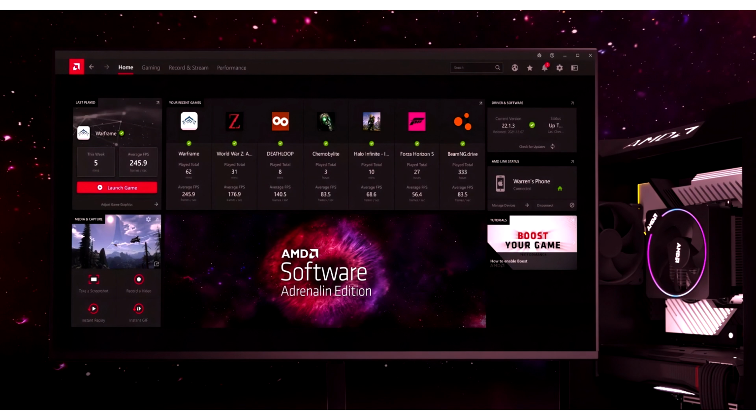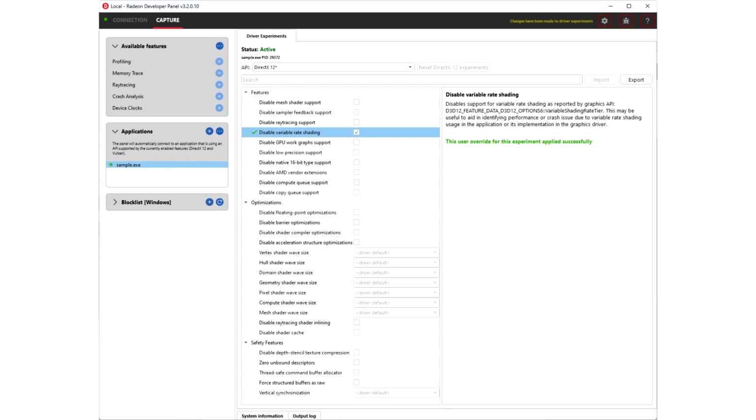Developers can optimize their games themselves by understanding what works better for the performance and what does not. For instance, if the game crashes or suffers from serious performance issues, developers can try resolving the issue by activating options like disable ray tracing support and see if it is the actual culprit. For the most up-to-date information, including supported hardware and software, the list and description of all the experiments currently available,